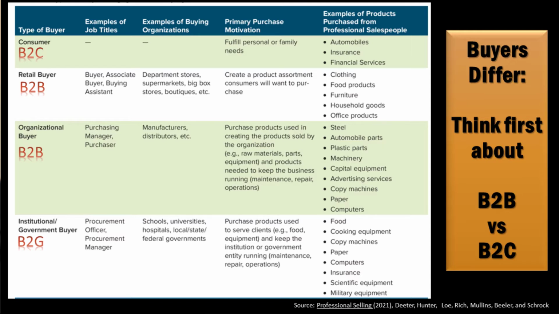Okay, so this is a busy slide, but it really is just trying to organize some of the information associated with the consumer and different types of buyers on the left-hand side: the consumer, retail buyers, organizational buyers, government buyers. So the top one is what I'm referring to as B2C. The next three would all be what I'm referring to generically as business to business, although for government, people will call that business to government, but they're basically an organization. On the B side, I'm using that, at least at this point, fairly generically to talk about selling to organizations, one business selling to another business or another organization.